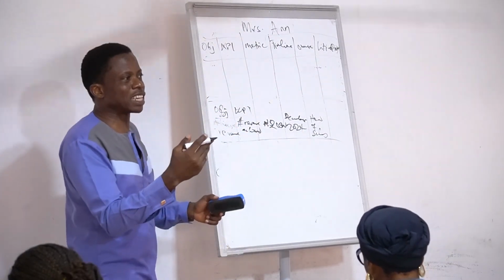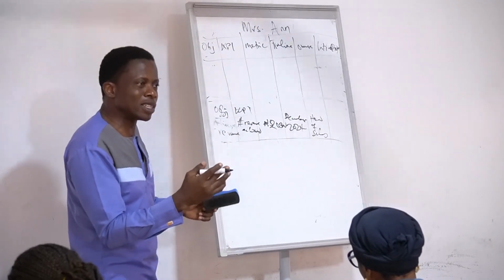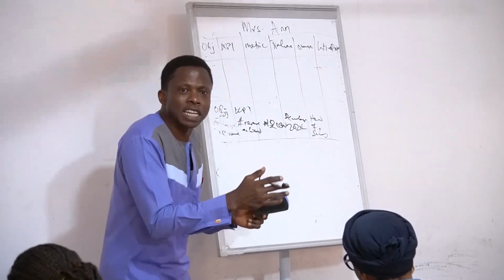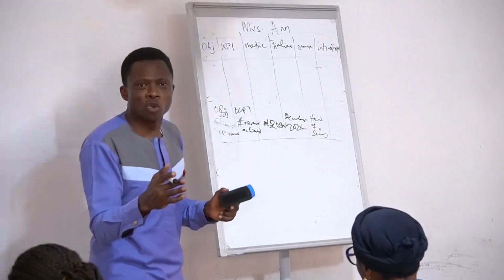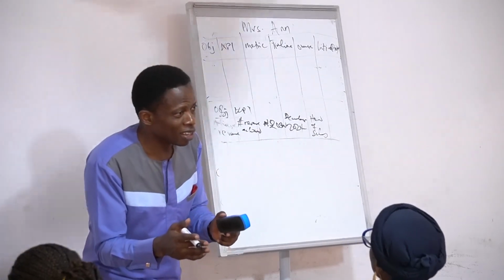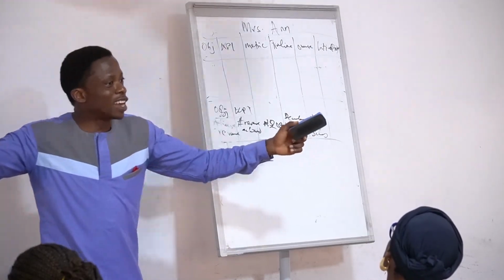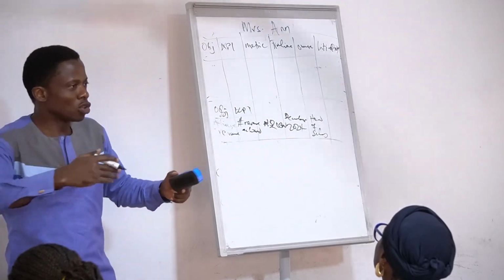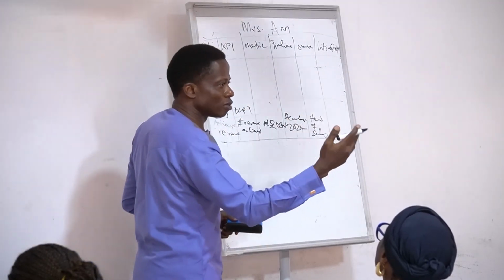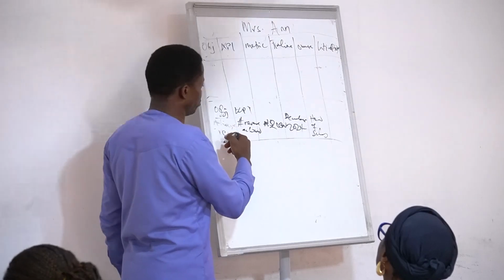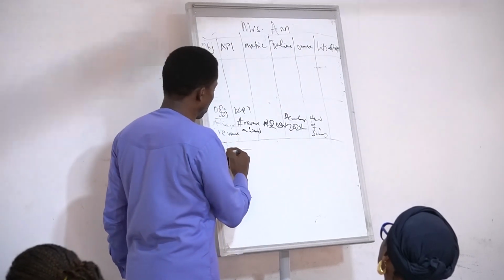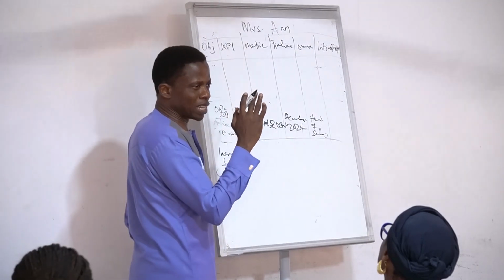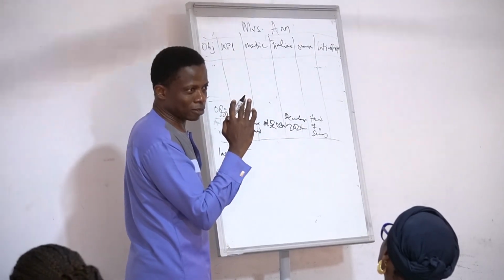So for us to have a leading KPI, that means you will have the timeline. If you set goals for each of the quarters, then at Q1 you are already following up. It's not that at the end of the year we are now saying we didn't meet our target, and the board won't listen to that. So let's set goals for each of the quarters. For Q1, set your goals. But for increased sales, how many of us agree with me that increased sales should be one of the KPIs?